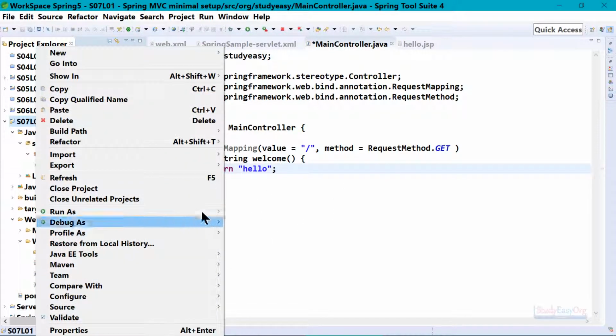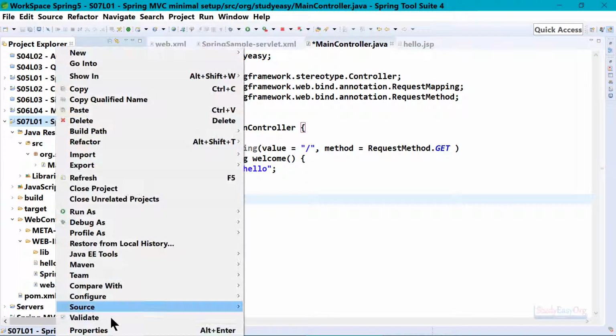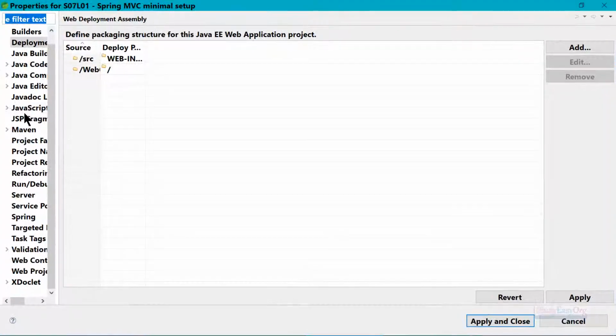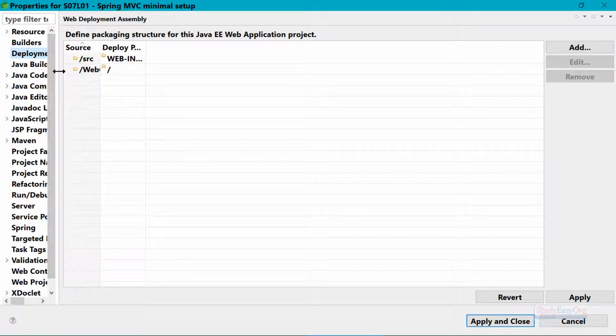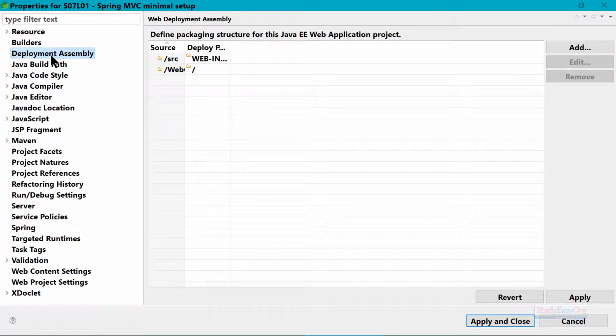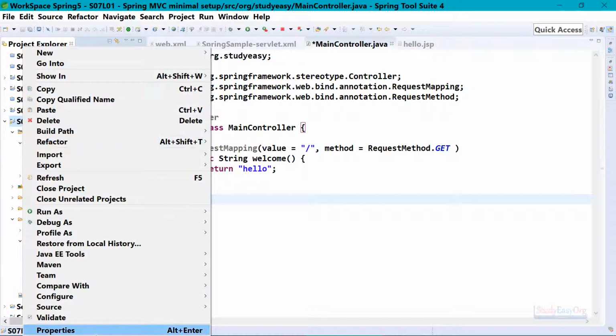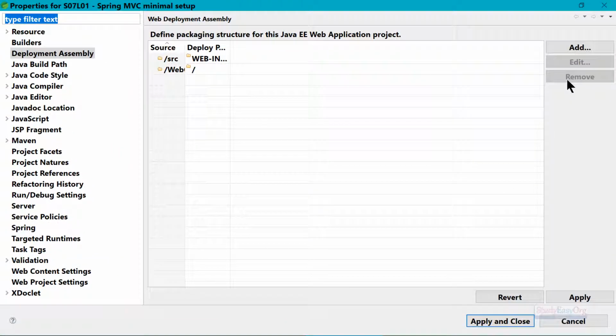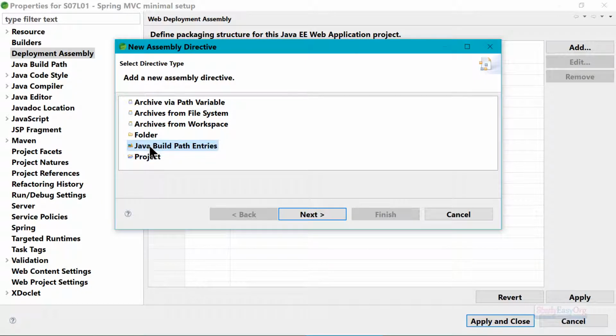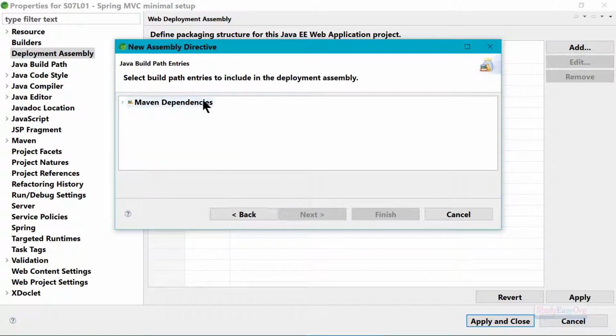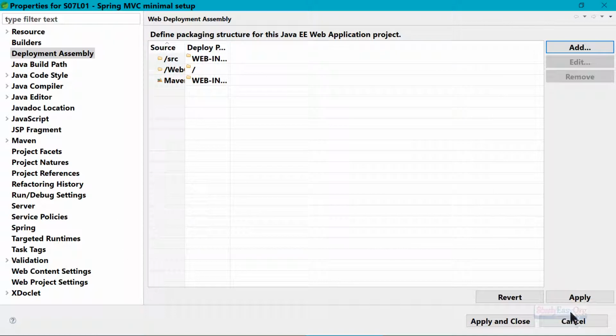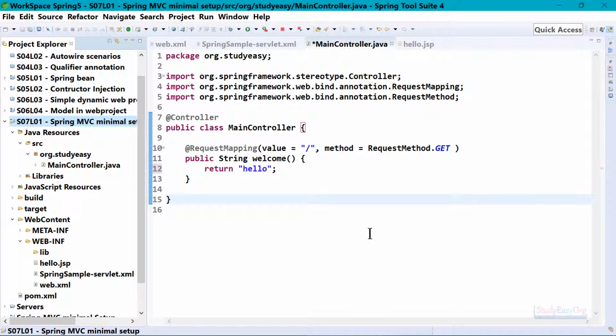And now finally let us run this application. But before that, let me also show you the property. Sometimes what happens is in your deployment assembly, let me show you this setting here, there is no addition of Maven dependencies. It may happen. So in here simply check the properties of the application, right click, navigate to properties and add the Maven dependencies from here, under Java build path entries. So we are adding the build path entries here and applying the changes,